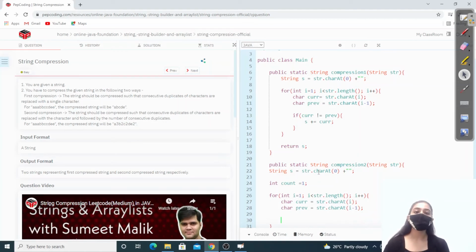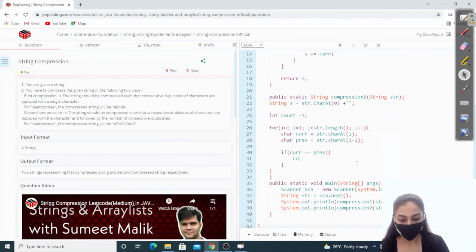So if the current element is equal to the previous element, we'll increase the count, right? So let's just write this. If current is equal to previous, count plus plus, right?